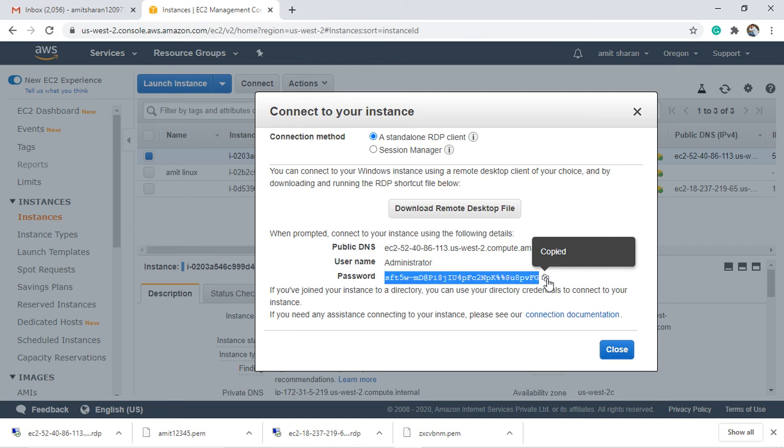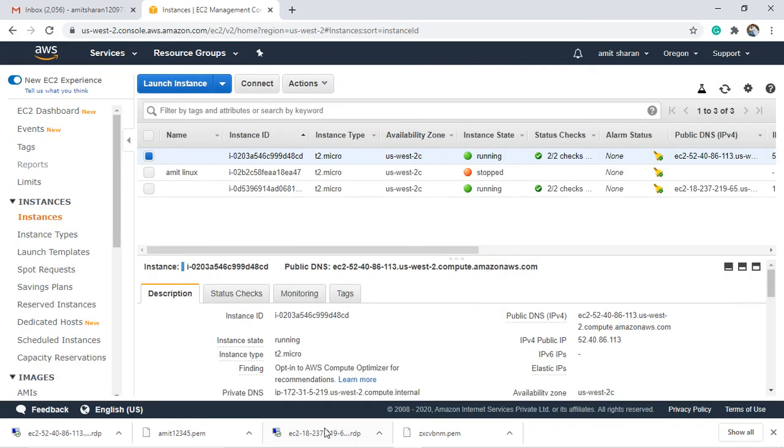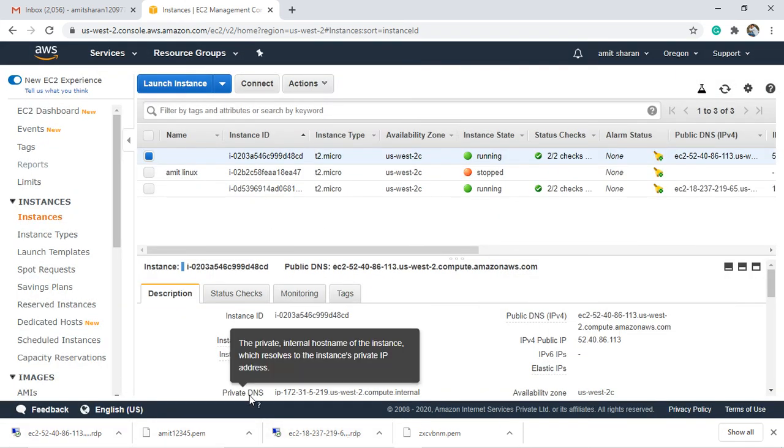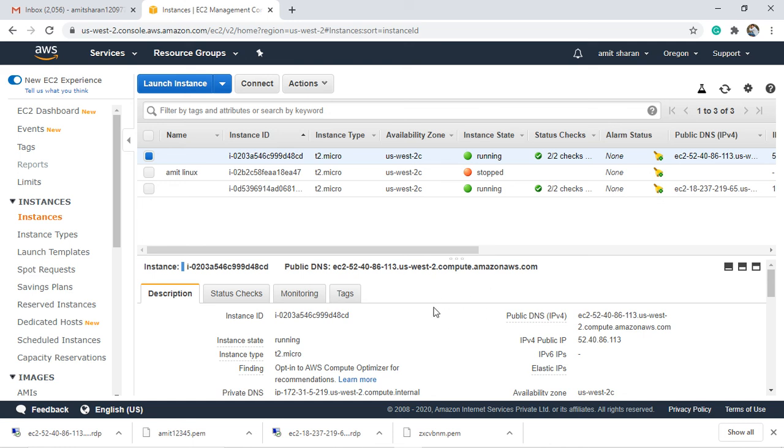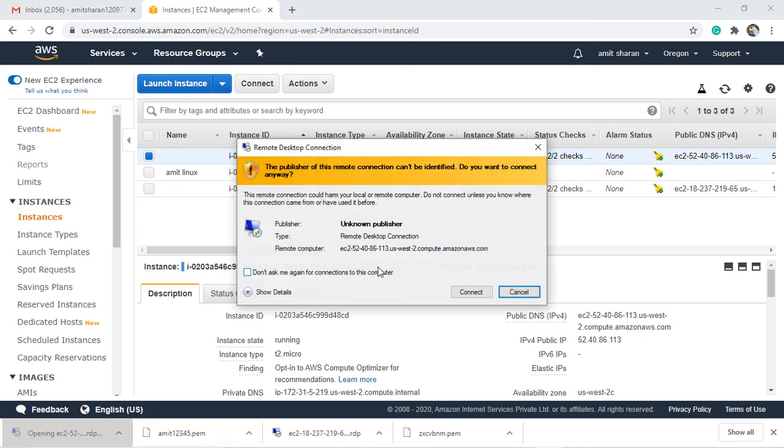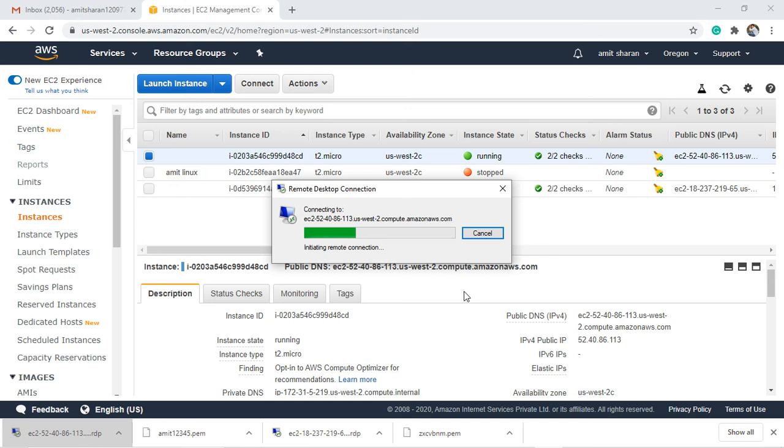So we click, and we just copy our password and close it. Then to connect to our virtual instance, we have to click on RDP, and then connect.